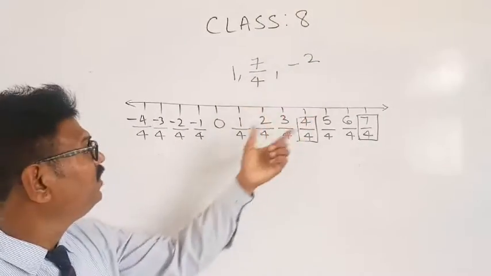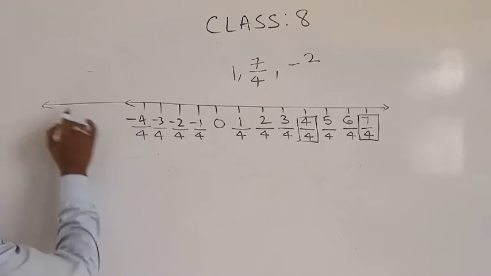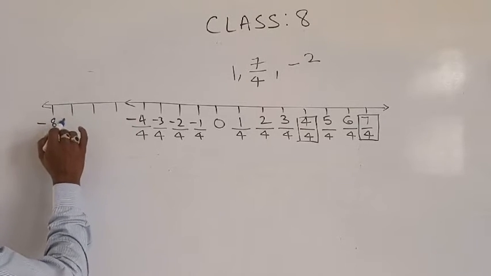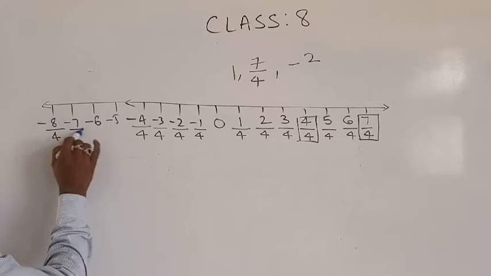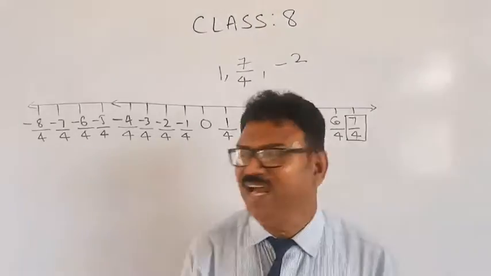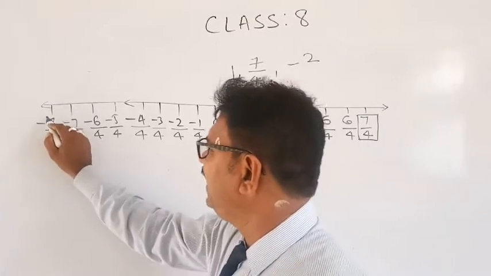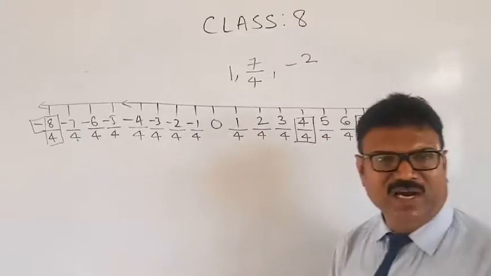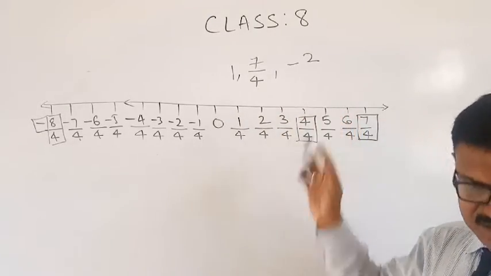Represent minus 2. Here minus 2, you see, very very simple. Again you extend: 5, 6, 7, 8. Minus 8, minus 7, minus 6, minus 5, by 4, by 4, by 4 and by 4. Okay? Now you can see, we want minus 2, which means minus 8 by 4. It is nothing but minus 2, or not? So in one number line only you will get like this. Did you understand?